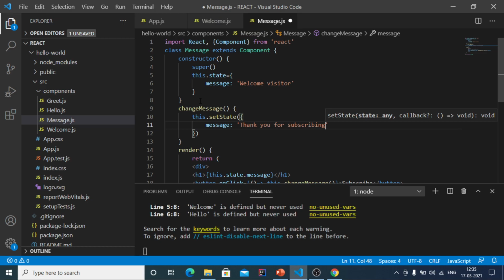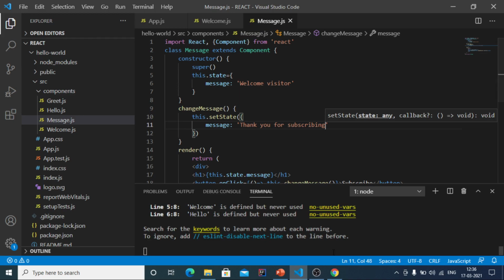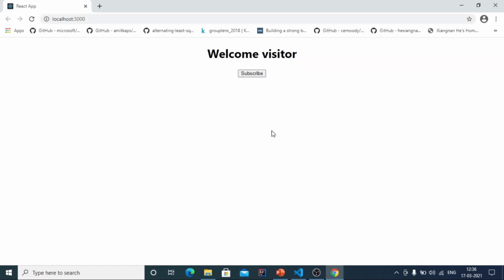You have to create a state first, you have to initialize the state, and you have to call the setState method, which accepts an object where we can change the value of the message property to thank you for subscribing. Now save this file, and let us take a look at the web browser. As soon as you click on the subscribe button, the text should change from welcome visitor to thank you for subscribing. So we have got the desired output here.